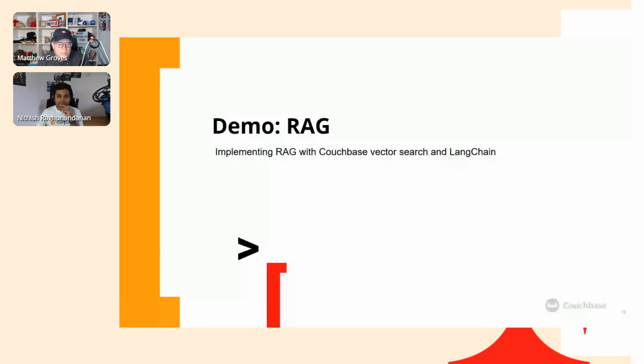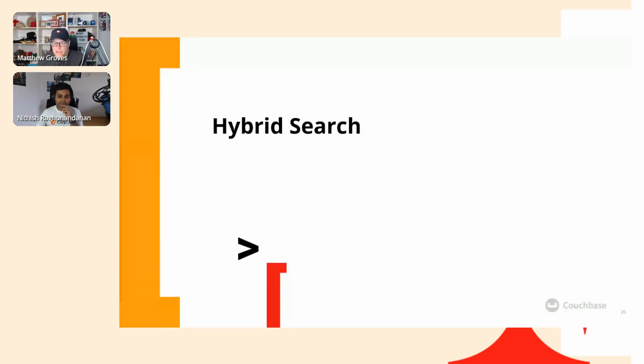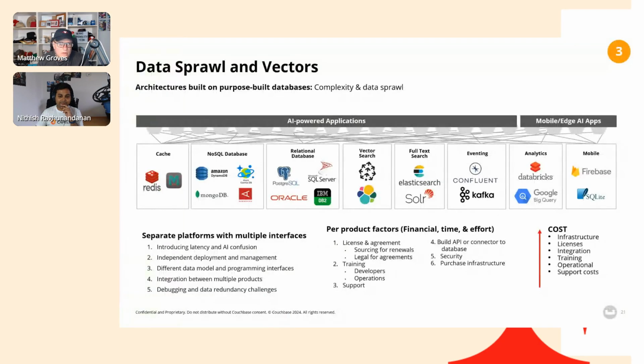Let me bring the slides back up here, and we'll talk about the last thing on our agenda, which is hybrid search. One of the things about the Couchbase approach to databases and data platforms in general is that if you are in an environment or an enterprise or a team where applications and requirements continue to grow, things will start to look more and more like this, where we have a variety of different point solutions, a variety of different data management technologies, all for different areas and use cases.